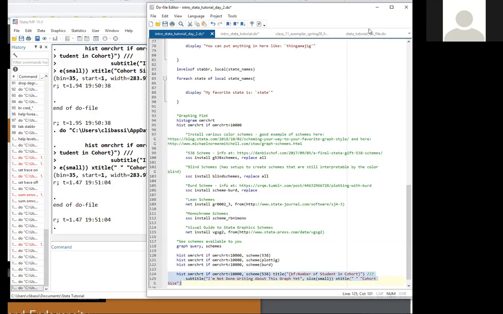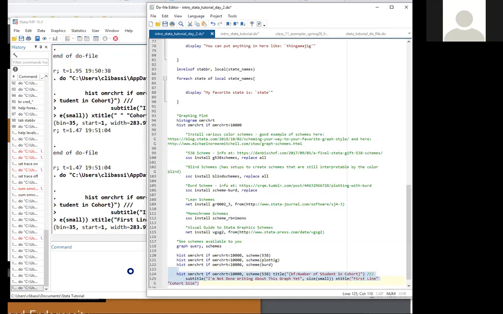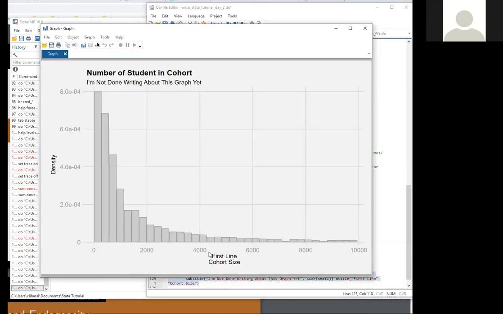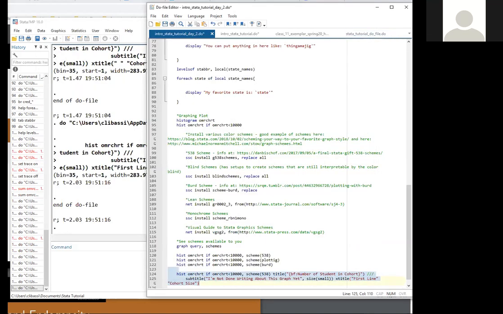But of course, if you wanted to actually wrap your things, you could say first line. You can write whatever you want, but the thing in the first set of quotes will go on the first line, and the thing in the second set of quotes will go on the second line. So that's a really nice thing to be able to do. So I'm going to bring this back to empty so that it will write nice, and then